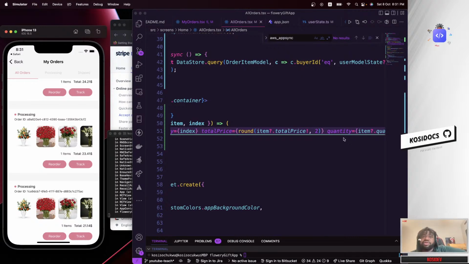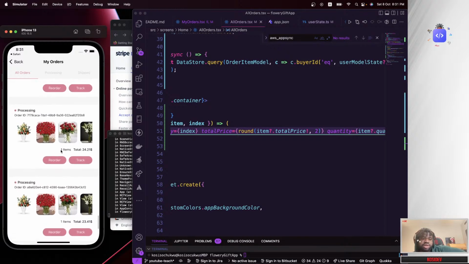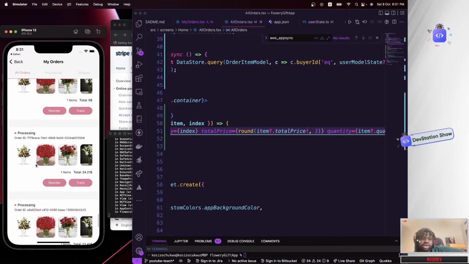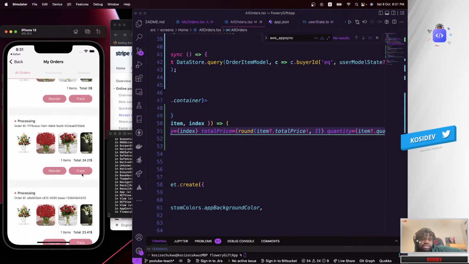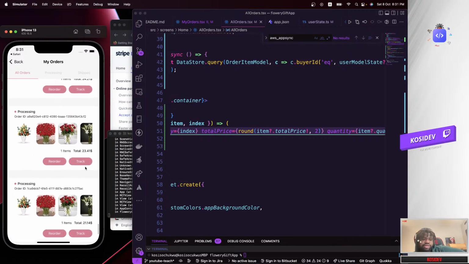So I don't know how many hours we spent here already on the stream. We spent almost 2 hours plus, guys. That's the biggest so far. So guys, we'll be stopping here for today, and let's continue this tomorrow. Tomorrow we'll be trying to work out the images part, trying to get hold of the images, so we won't be using a hard-coded image right here anymore. And then we work on the reorder and track order path, and I think that should be it tomorrow.